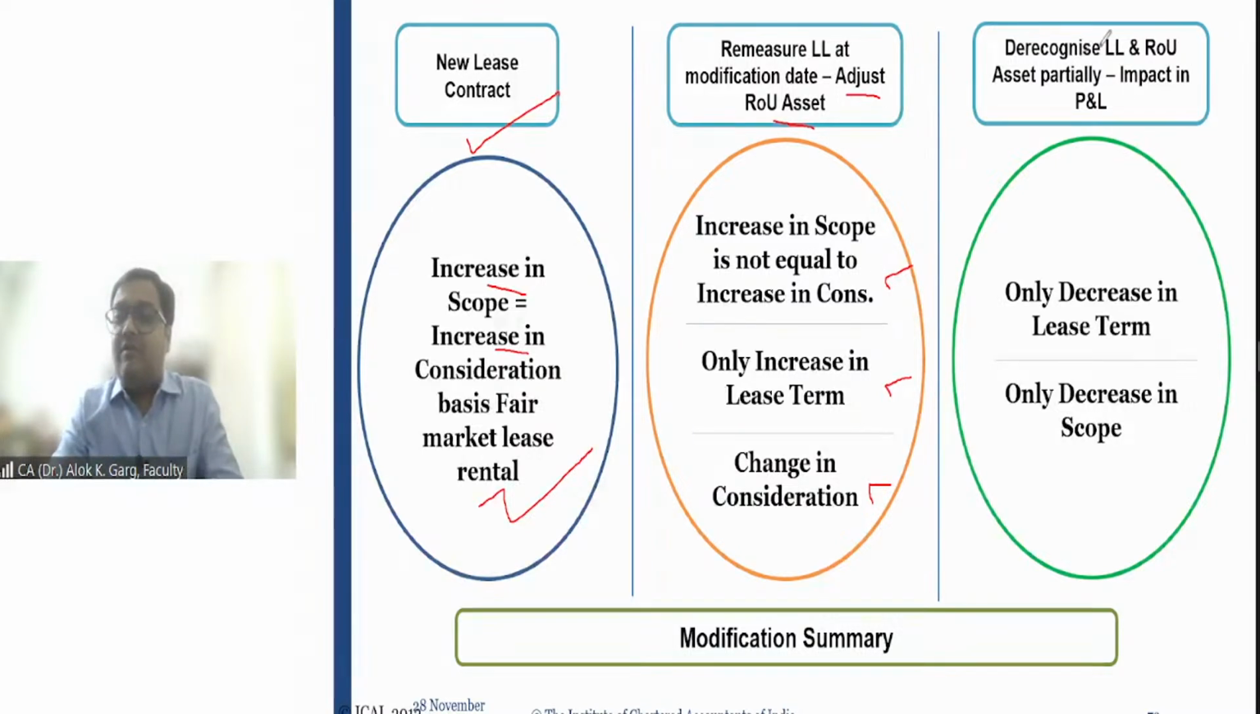When the lease liability and ROU need to be derecognized partially, and the impact has to be taken in the P&L, only in two cases: whenever there is a decrease in lease term and there is a decrease in lease scope, right? So whenever something is decreasing, you have to derecognize partial ROU and partial lease liability, right? Is that clear? So friends, let's discuss a detailed practical example for this